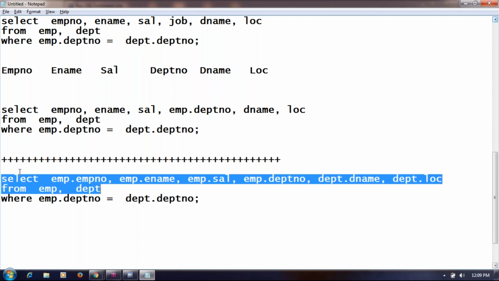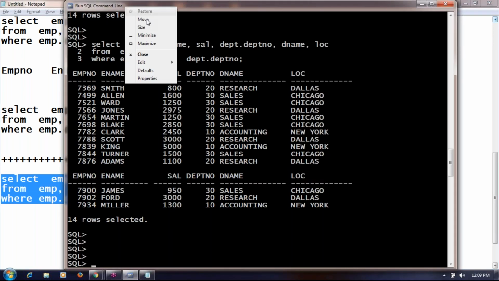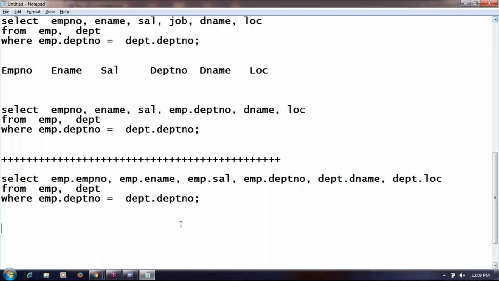Do you think the query will work, Jamal? It will work because this will query directly to the table without querying both. So do you think the query will execute? Yes. Yes, the query is running successfully. Okay. So it's up to you. You can mention table name dot column name only for the common column, or you can also mention it for all the columns.